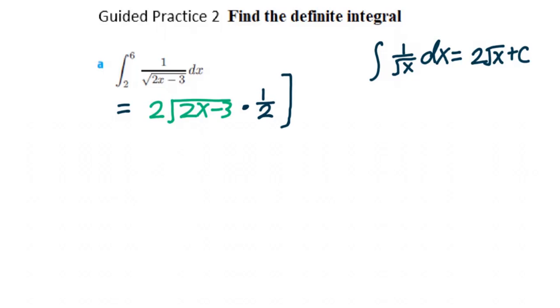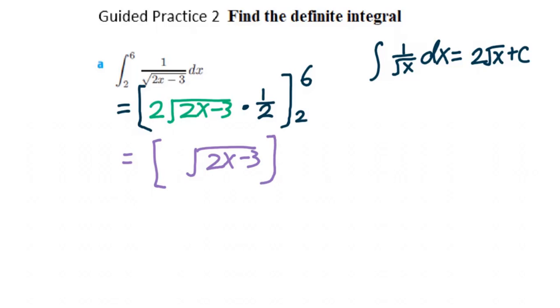Then you do bracket from 2 to 6. We organize inside. You will get the square root of 2x minus 3 from 2 to 6. Then we substitute 6 for x. You will get the square root of 2 times 6 minus 3. Then minus